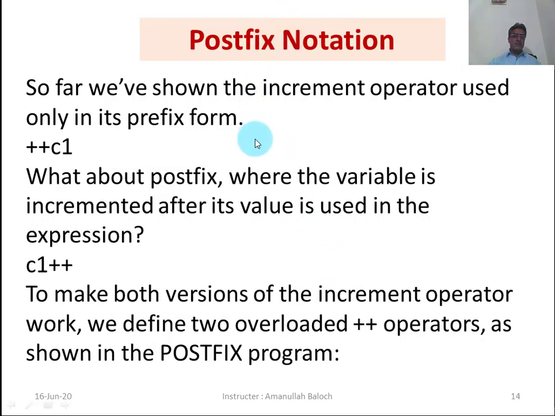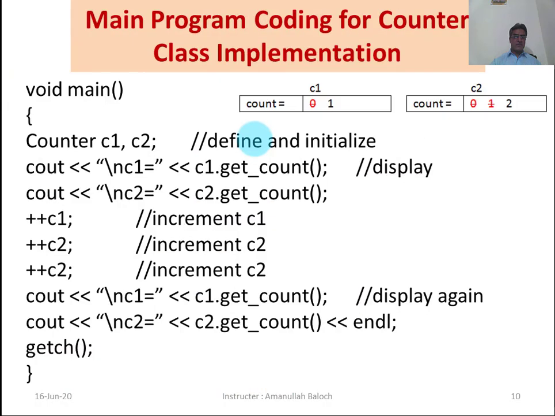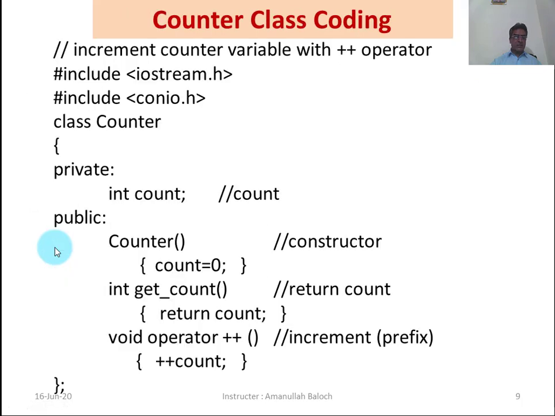Postfix notation. Previously, here we have written the prefix notation. Plus plus C1 increments the C1 value from 0 into 1. So the computer replaces the 0 with 1. Then we have again called plus plus C2. This function is called for C2, and plus plus count